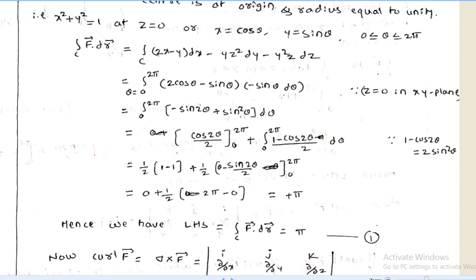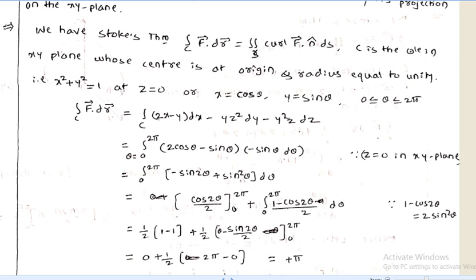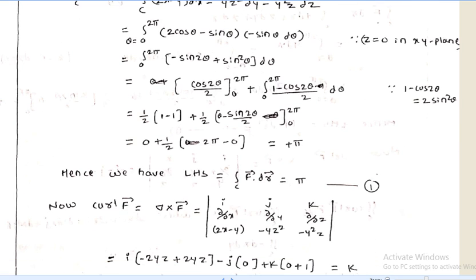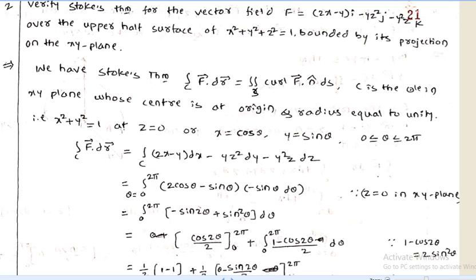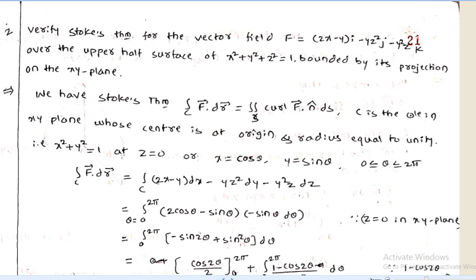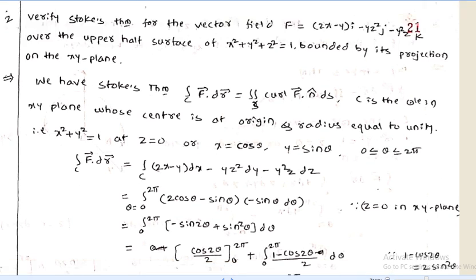So this is equation number 1. Then the second one is the double integration of curl F dot n cap dS. Here it means we will be calculating del cross F. We know that del cross F was already solved in the curl function. So the determinant of i, j, k, and del is represented as ∂/∂x, ∂/∂y, ∂/∂z, and we use the vector F. So vector F is 2x minus y, minus yz², minus y²z. Here we will use the third row as the vector F function.